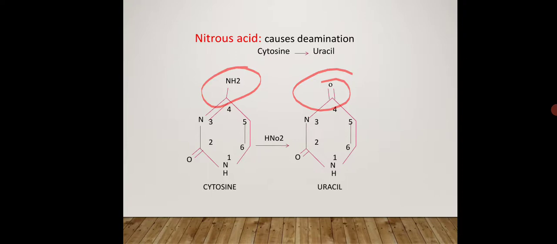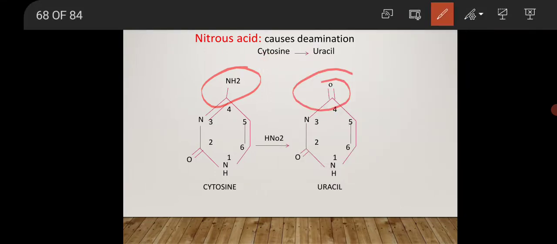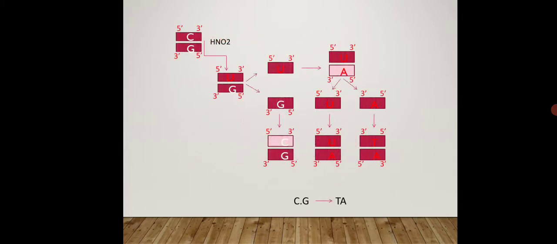One more thing you have to keep in mind is that cytosine is converted into uracil. When you add the hydroxyl group to the cytosine, it will convert into uracil. Or when you add the hydroxyl group to the cytosine, it will produce hydroxylamine cytosine, which will pair with adenine instead of guanine. So let's see the actual mechanism.